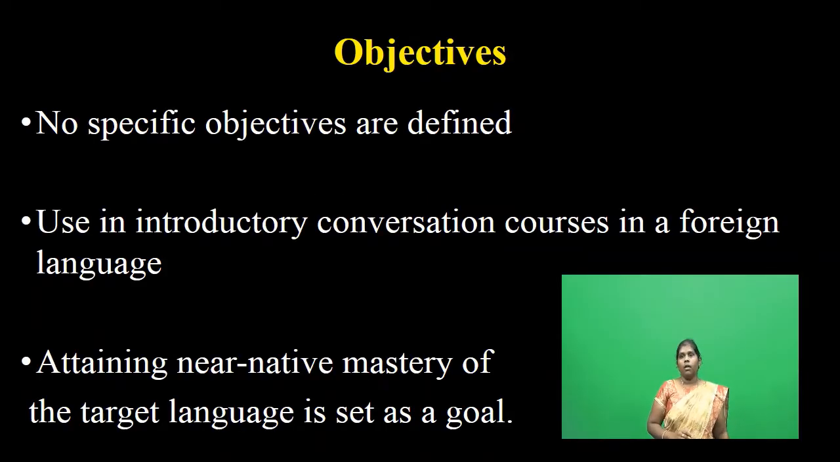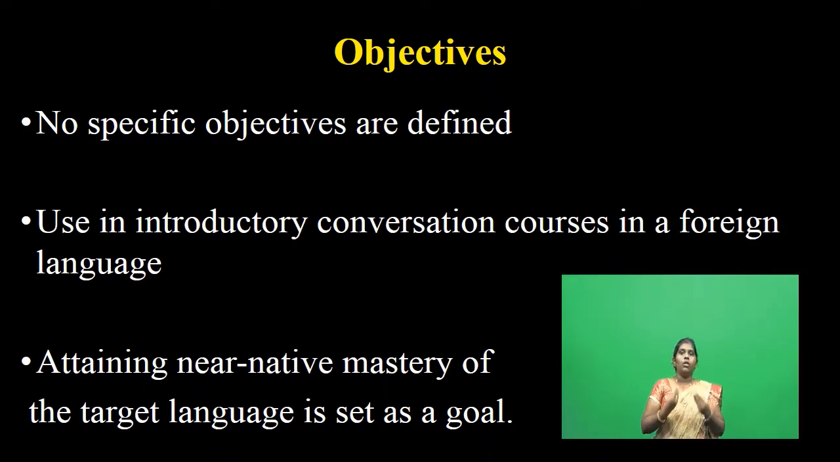Next. After learning the theory of language and language learning, we move to the design of it. As you know, in design we have certain elements: objectives, syllabus, activities, role of learner, teacher and material. That's what we are going to learn. So, what is the objective of CLL? The happiest thing is there are no specific objectives defined in CLL,